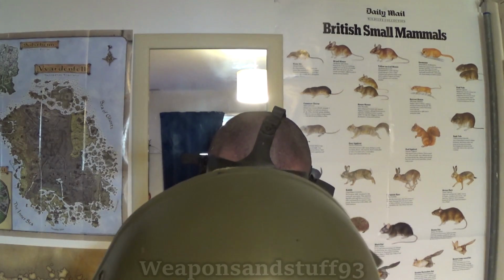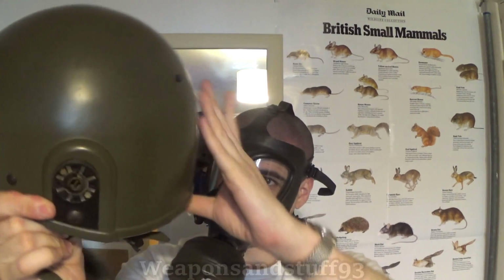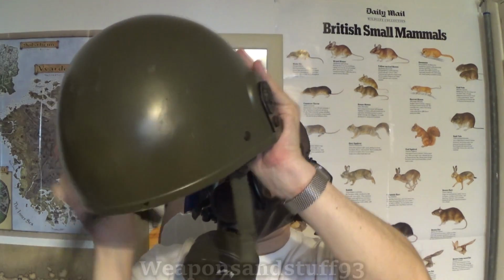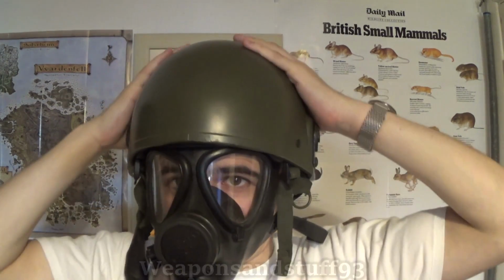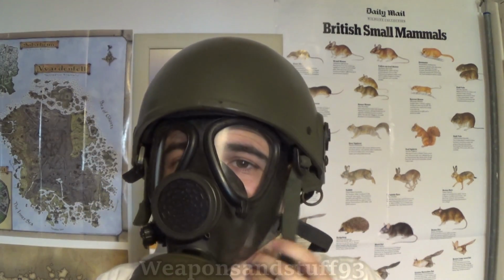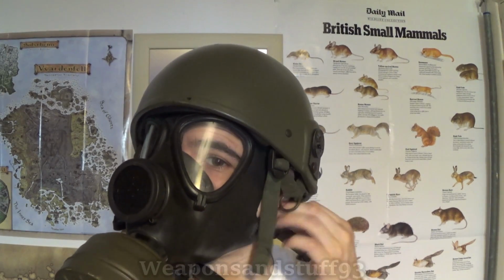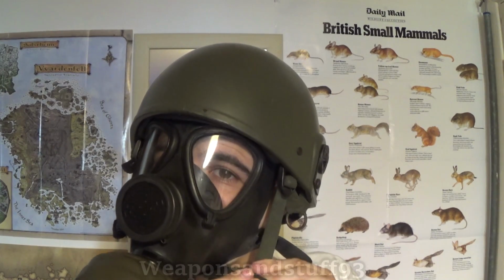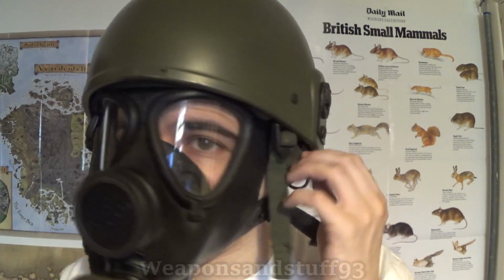Now for the Mark 6 helmet. Let's just get the straps again in a position where I can put them on. I don't think this is going to fit over the mask at all. It's kind of going to do that, but I don't think that's flush with my head, but regardless, let's do the strap up. So somewhere we should have the other bit the mask connects to, which I can't actually find. So it's there, but